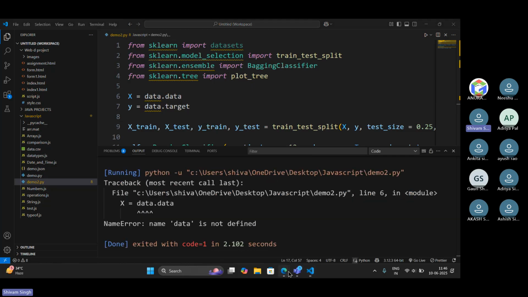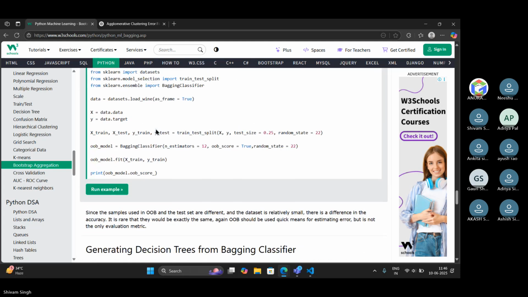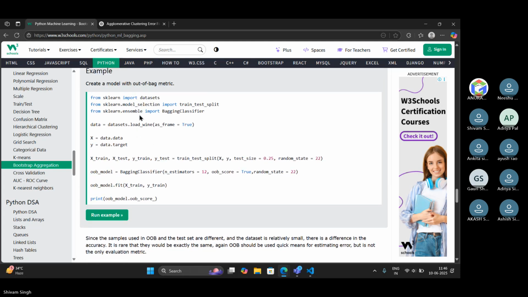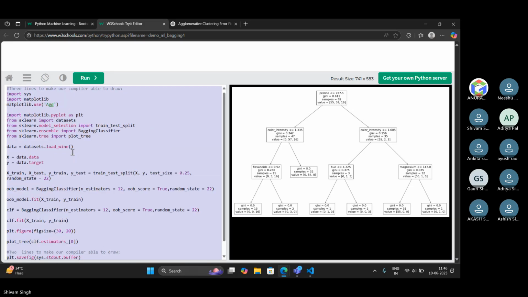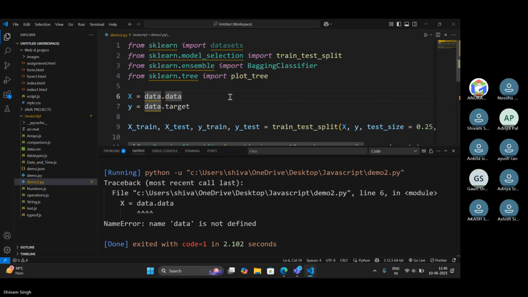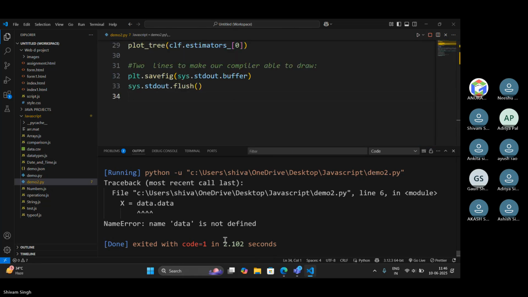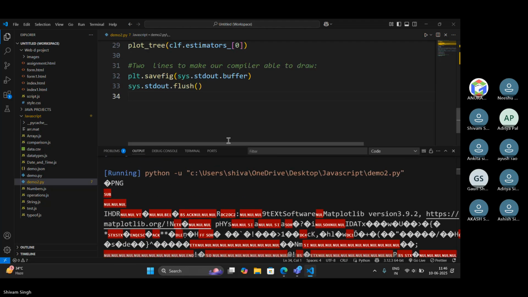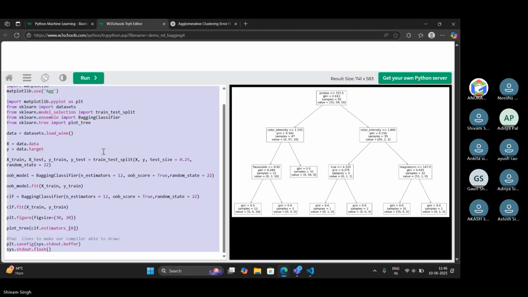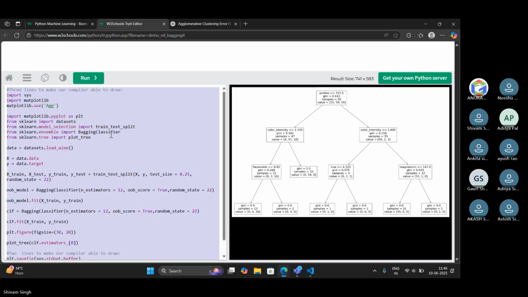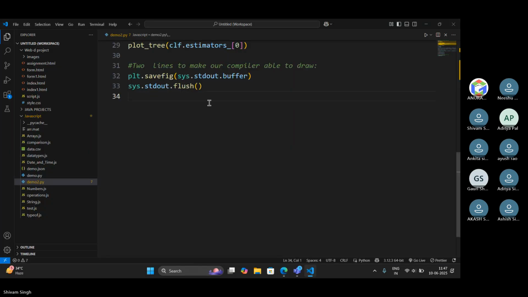The dot data is not defined. Let's see what is wrong. Check if you are missing any libraries.